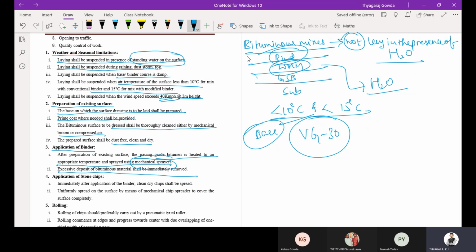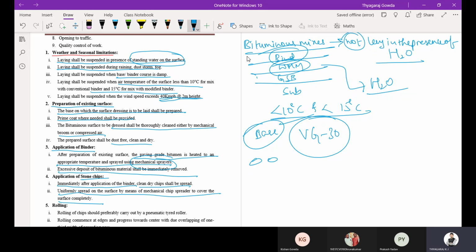Then application of stone chips. Immediately after application of the binder, clean dry chips shall be spread. The chips will be of a smaller dimension.